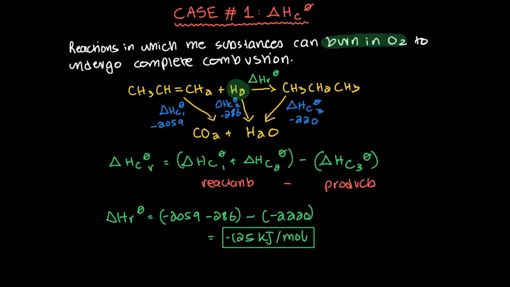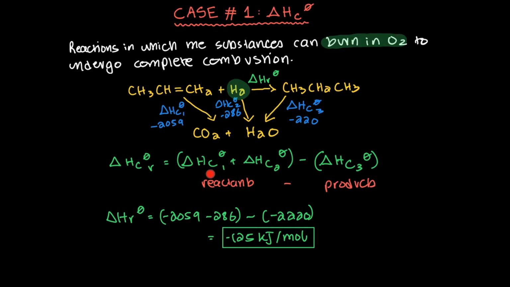Now this is the value of delta H of combustion. This is going to be given to you in your questions. And you have to use this to calculate the delta H of the reaction, the total enthalpy change that takes place. So this is your Hess cycle. This is the alternate route that you're going to take to be able to find delta H of reaction, right? So now the way you're going to do that is you're going to take reactants minus products.